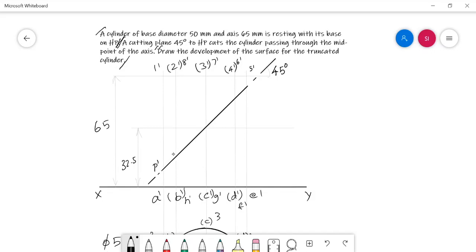Here one more intersection, 2 dash B dash and 8 dash H dash. Two generators are attacked by the cutting plane in this part, so I need to give two cut points here. Say they are Q dash and R dash, and continue to travel. Here one more intersection, it is 3 dash C dash and 7 dash G dash. Two generators are attacked by the cutting plane in this part, so I need to give two cut points here.